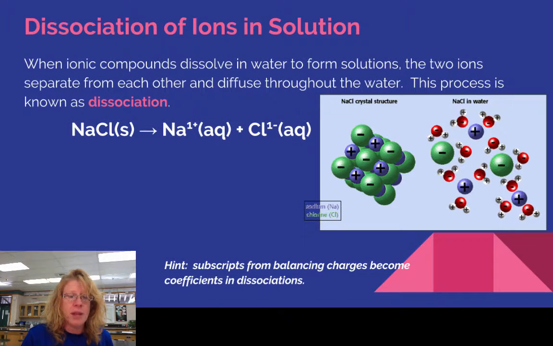And you can see on these reactions here, this is what it kind of looks like when we write a chemical equation for dissociation. It's not technically a chemical reaction, it's actually a physical process, but we're going to write it as a chemical equation because it's going to facilitate some of the analysis that we do later on. So when we start off these things, we always start off with the solid form of it. So there's our NaCl, which is our solute, and then it's solid, so we leave it in with a little S after it. And then over here on the right, we can see the AQs, and the AQs indicate now